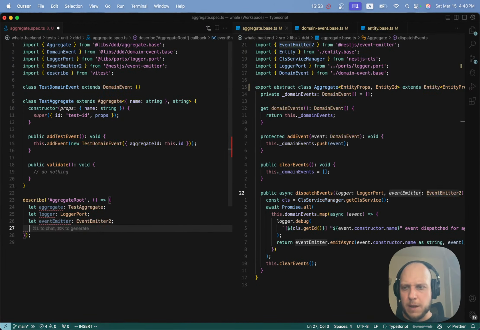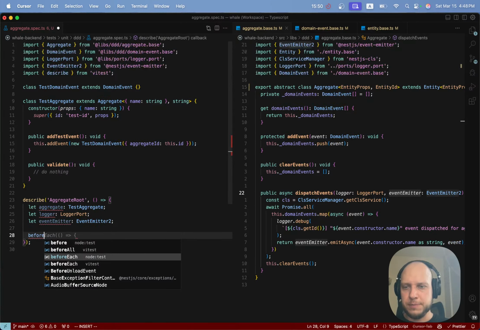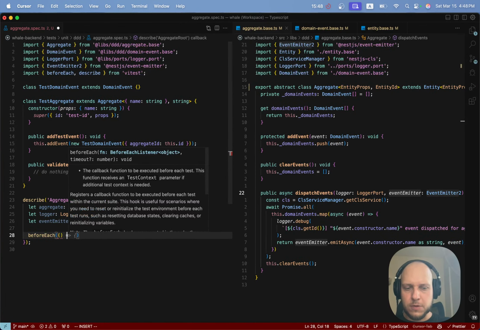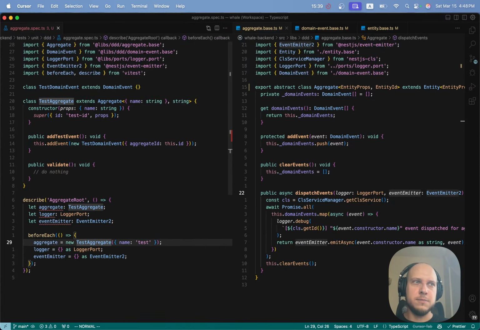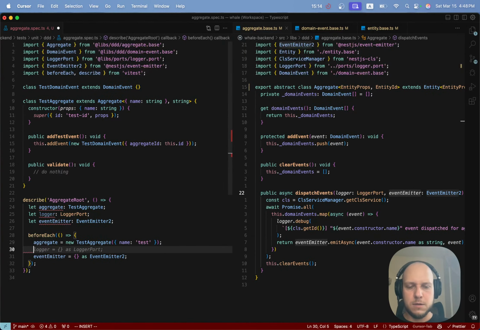What else? Before each test, we need to do the following. So aggregate will be a new TestAggregate. So we're recreating this aggregate before executing any of our test cases, right? We're also recreating the logger and event emitter. For the logger, let's just mock it. So mockLogger equals